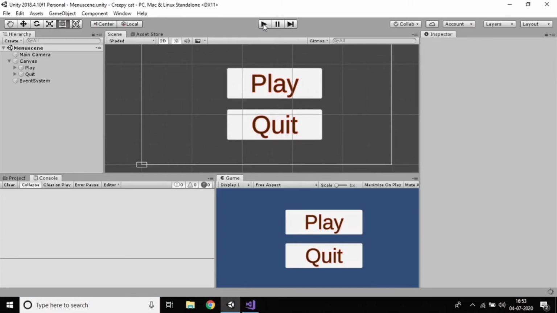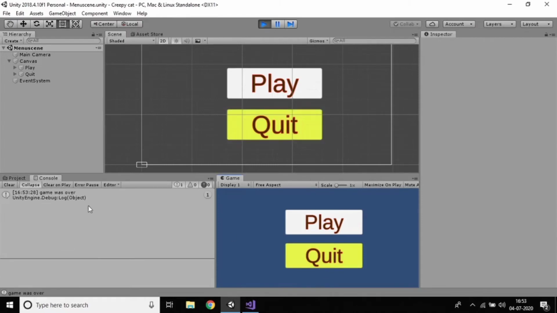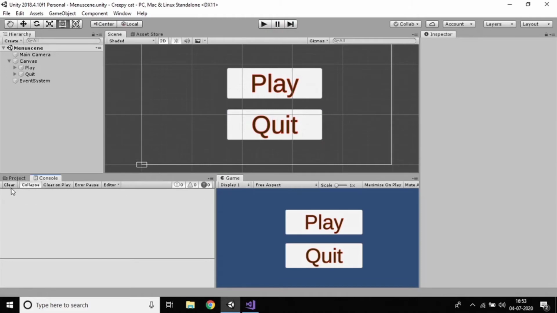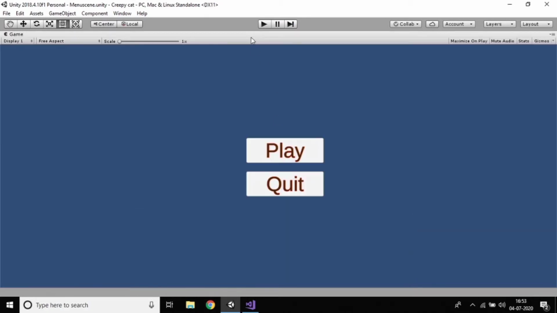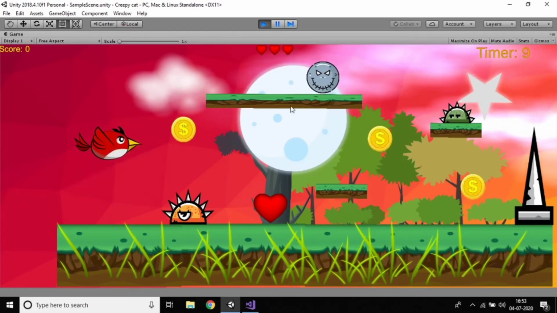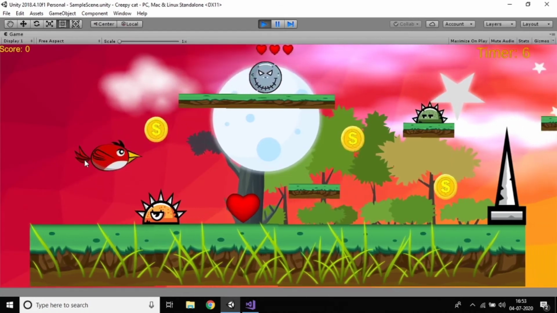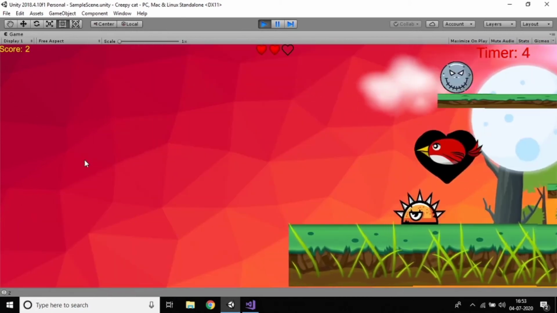See? If I press this click, you can see it's working, right? So when you build the game, definitely it will work. Here we are working in Unity, that's why it's not showing. So we created a menu screen and menu script, of course, and while working I want to create more things. Just go here and play the button.